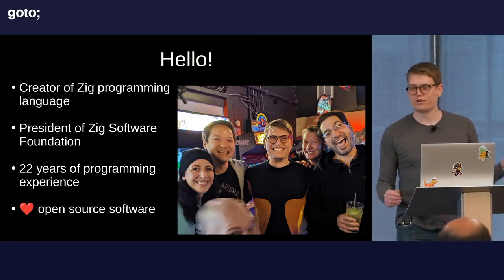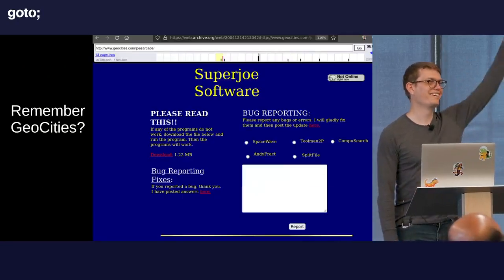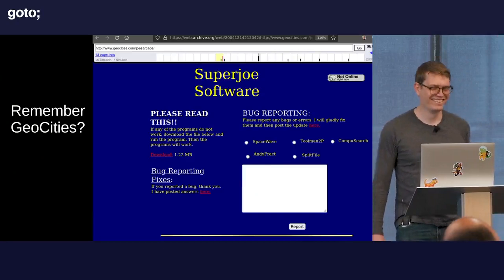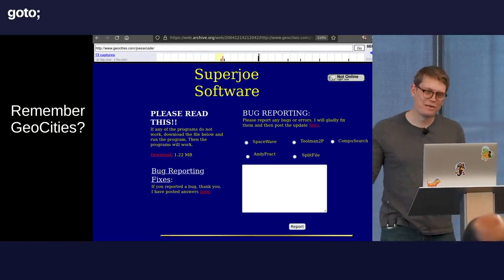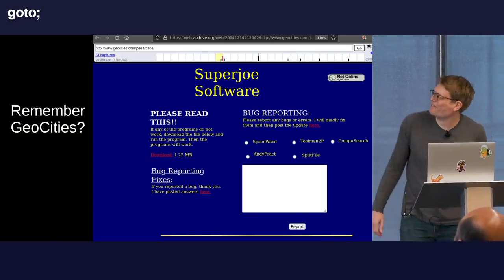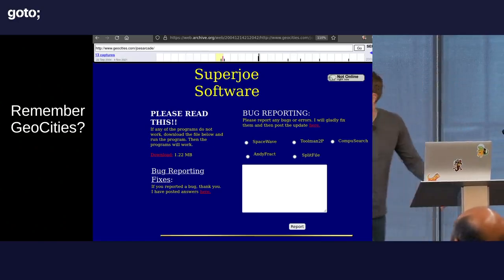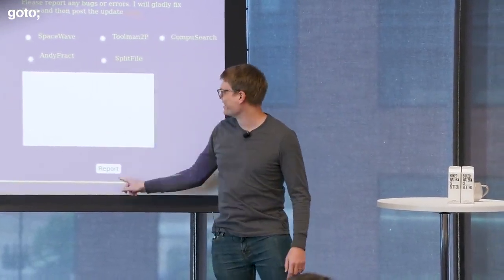So let's take a nostalgia trip. Does anyone remember GeoCities? Anybody? Yeah, all right. I see like 60% of the room maybe. So I had to find this in the Wayback Machine. It's missing like the background, but I made this when I was a very young person. I love this bug reporting. Like, click the option button for the software, and then,